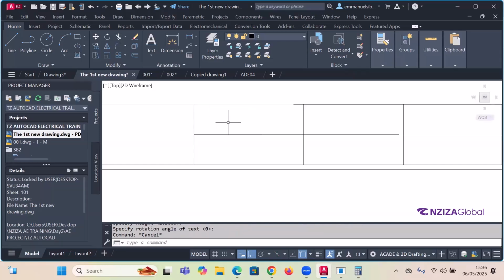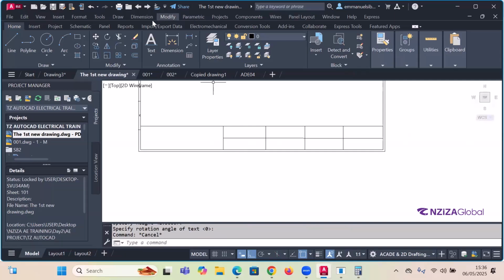Okay, here before using the text, you can